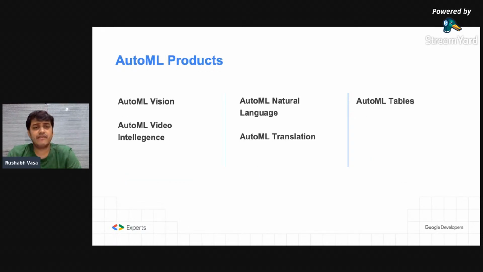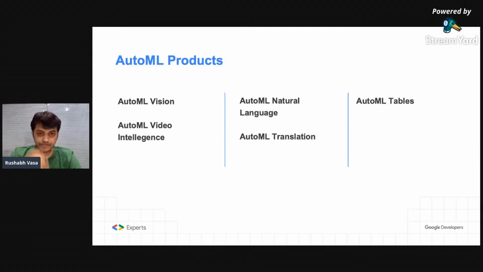What are the products available as part of AutoML? There is AutoML Vision, which you can use. There is AutoML Video Intelligence, which can analyze your video. You can just use the API and put in your training data, and it can detect objects and colors in your video. For example, if you want to find how many red cars are in an entire video, you can use that. There have been use cases in movies where there are smoking scenes, and you label them, so when there is smoking, a label appears saying smoking is injurious to health.